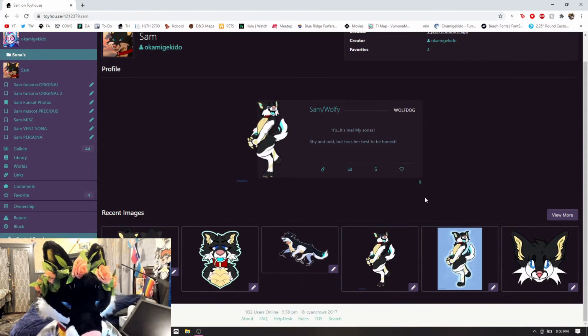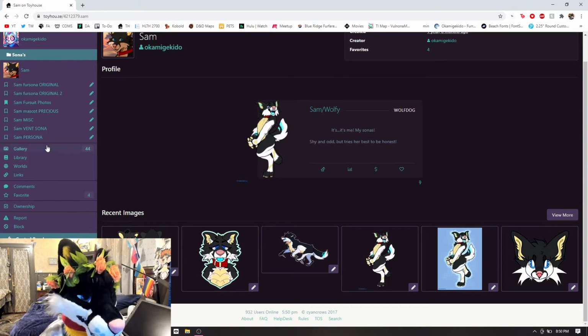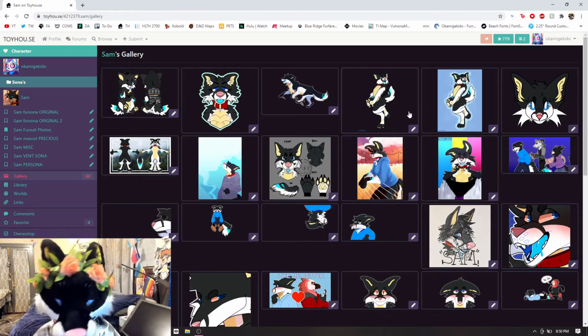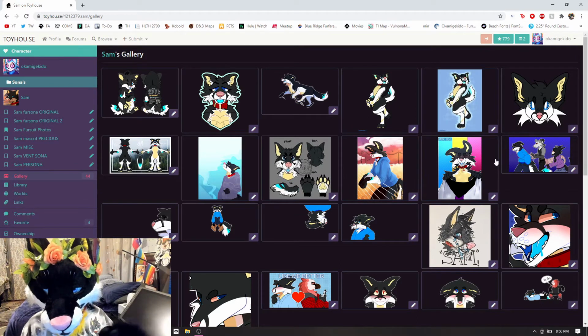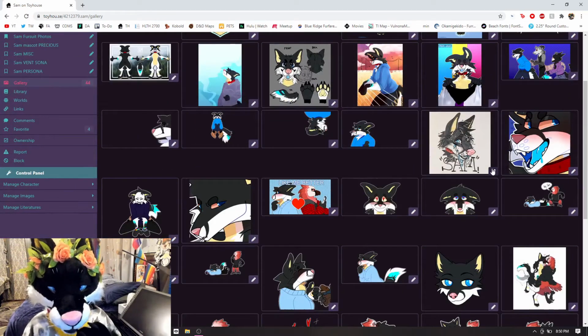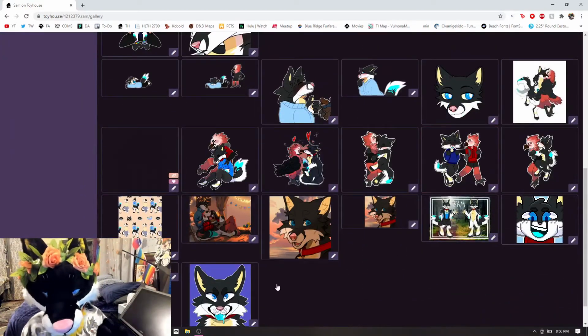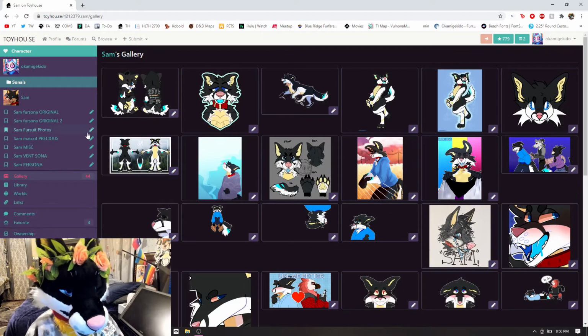Okay, so this art you're seeing right now, let me see. So this little gallery you're seeing right now, this is my most recent art of her. All of this is based on the Sam I have now. Anyway, this is her. Now, if I go back,